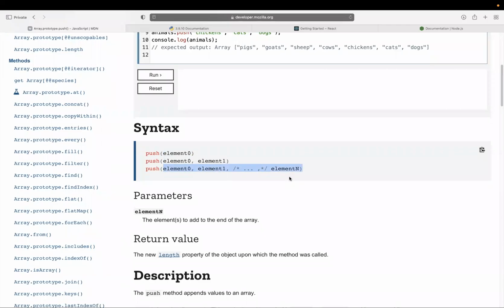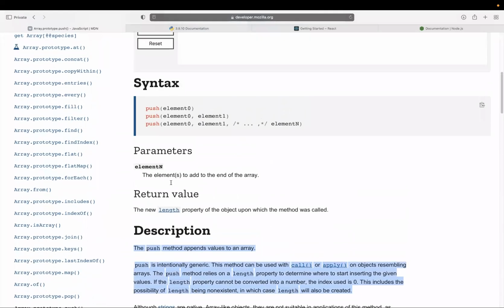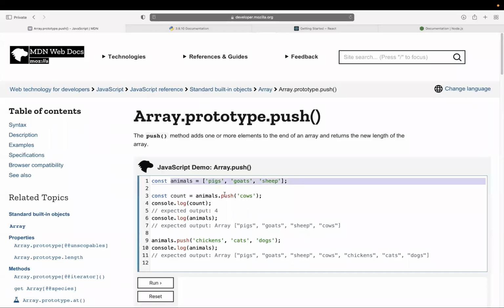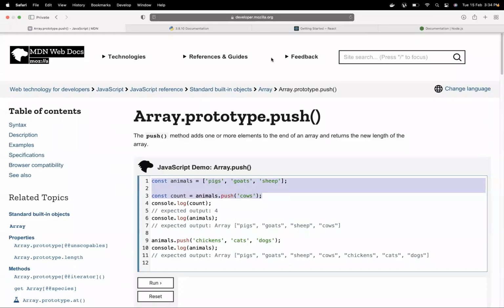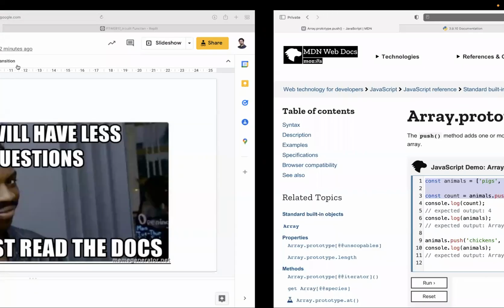It's up to you. Okay, it is also giving you a description. So now let's see. Here, if I copy this code and go to this point,